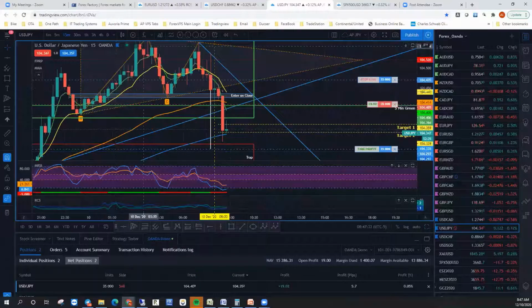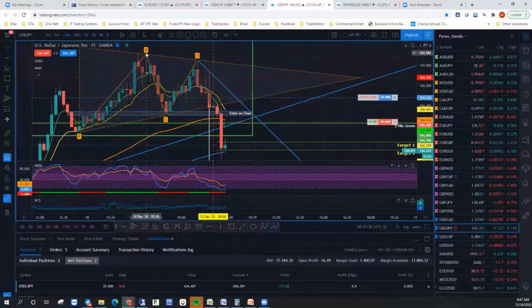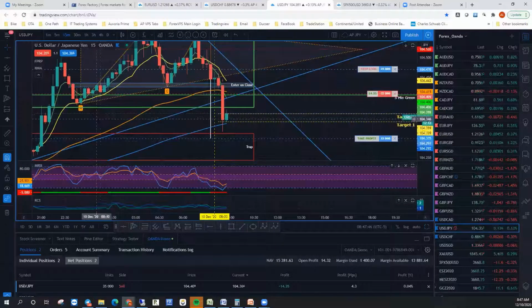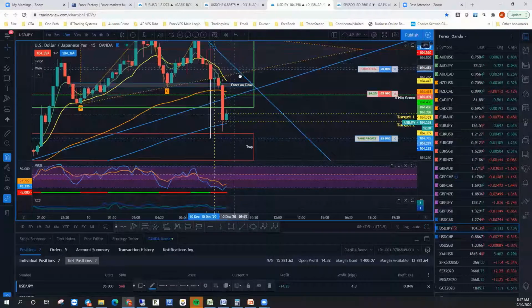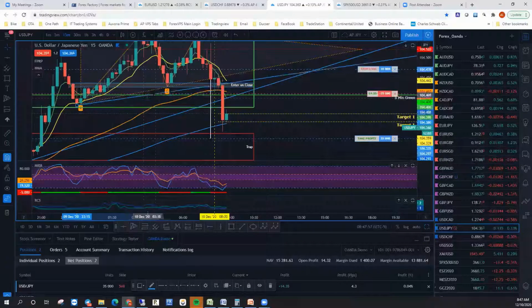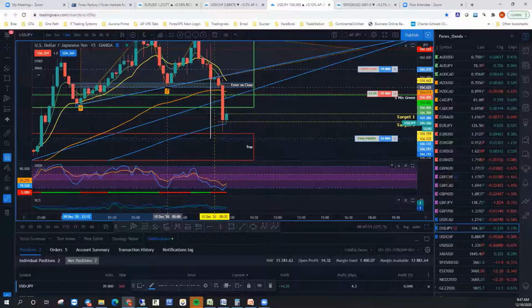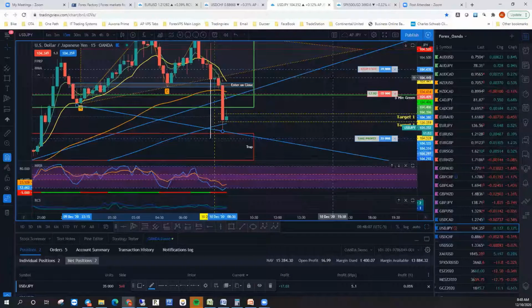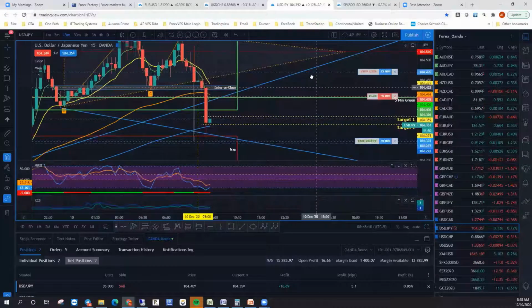But you can see here's your M formation right here. Here's your first leg of your M. Here's the middle of the M. Here's the second hump of the M. Couldn't quite break the B. And then it comes back down to make the last leg. And now you actually have a little trend line, so it did break this trend line. I'm going to move this one over from here. That was the break of that, where the M was, and now we'll see where this falls, and then we'll see if it's going to keep on going.